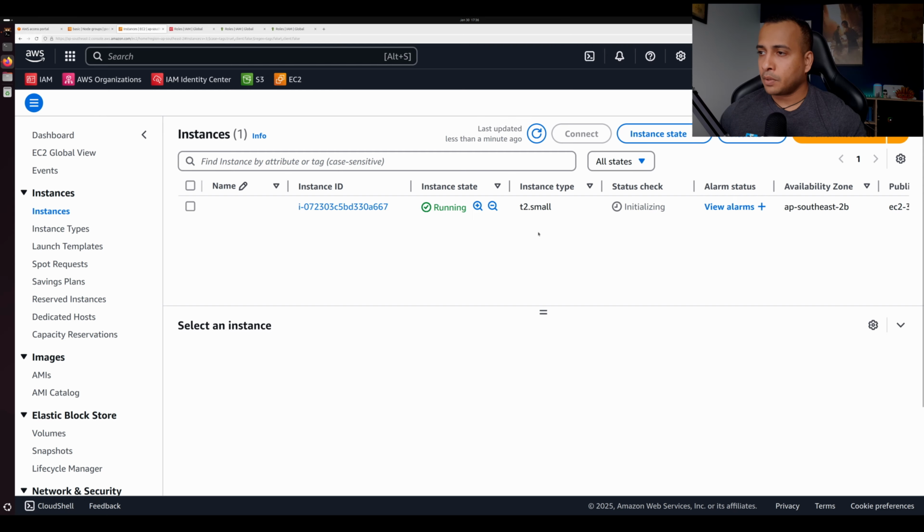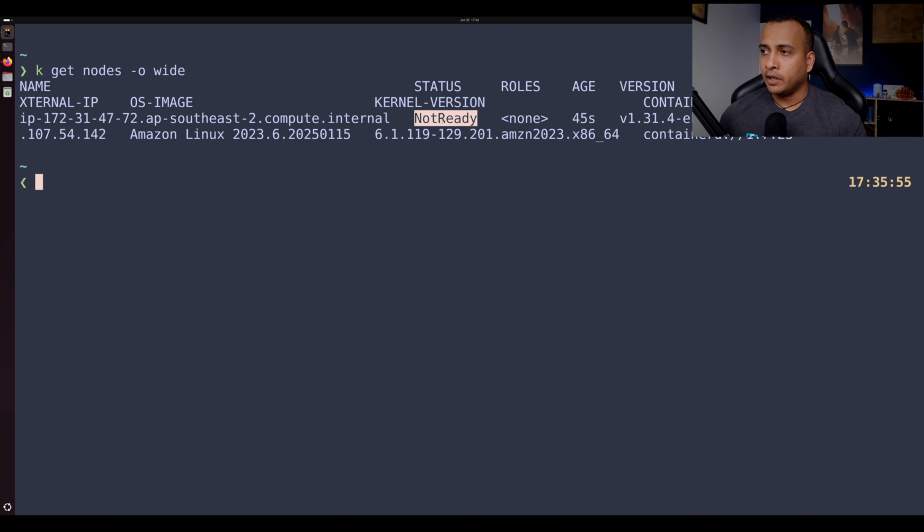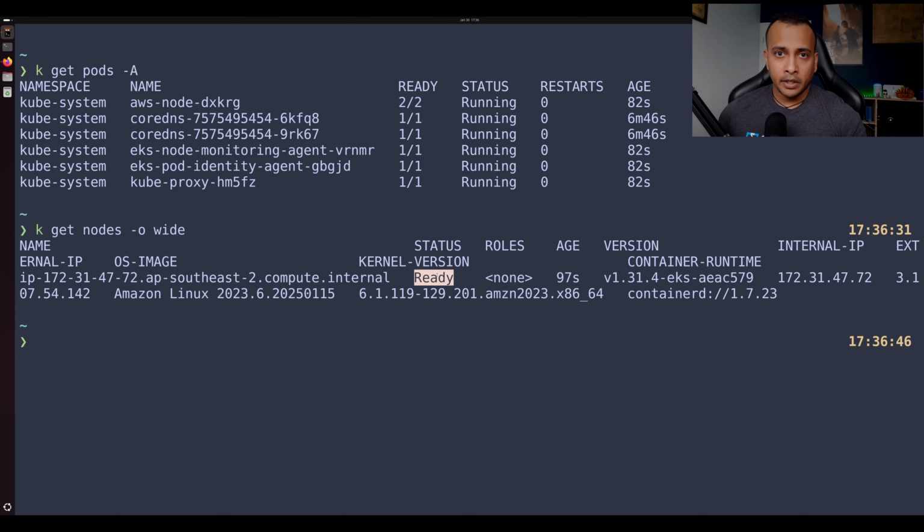Five minutes later. So we can see that the EC2 instance has started, but the node is still in not ready state because the pods are still starting. The kubelet hasn't really successfully started. So we have a successful node at ready state. So we can start